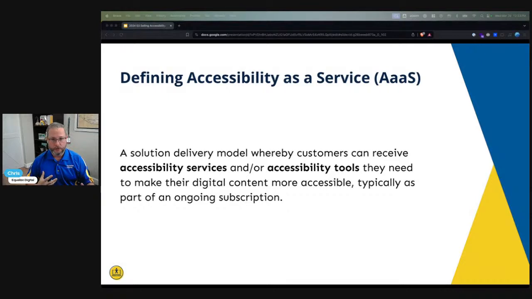Or maybe you're doing some consulting with them around setting policies and practices to create more accessible outcomes for new content or new things that they're adding to their websites in the future. So my point in sharing some of these examples and going into them a little bit is just to show that there's a lot of different approaches that agencies can take depending on how they are specialized and what staff they have. There are a lot of different offers, and I think any offer that meaningfully advances accessibility for a customer is going to ultimately serve you and also serve your customer well, for the numerous reasons we've already gone into.